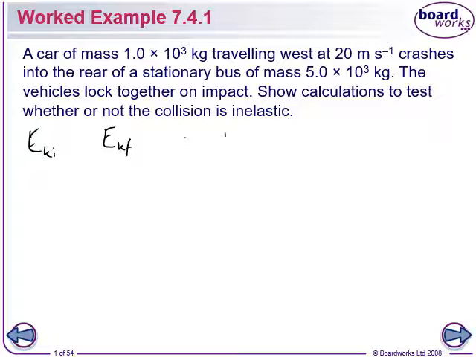So, our momentum before, so initial momentum. Our car is traveling with a speed, our bus is not. So our bus is stationary. So our initial momentum is 1,000 multiplied by 20. Now, even I can do that. Oops, 20,000